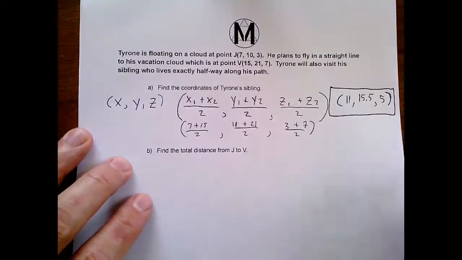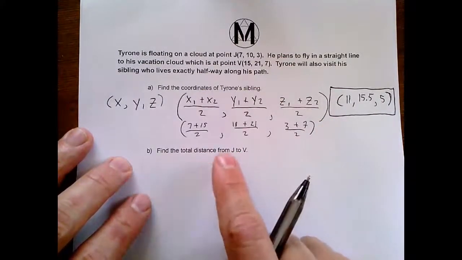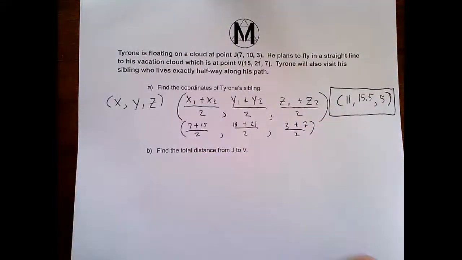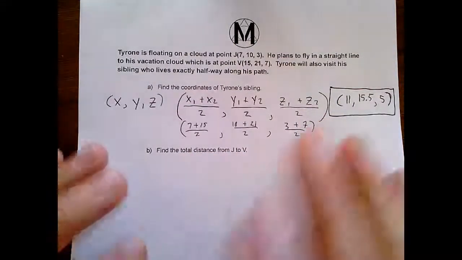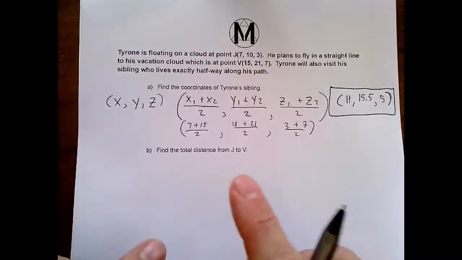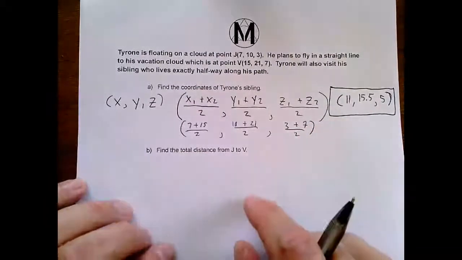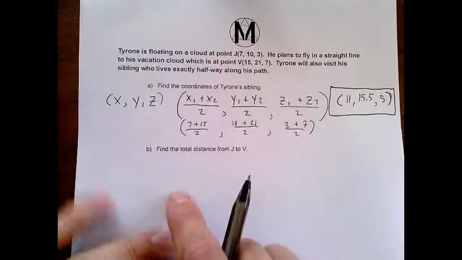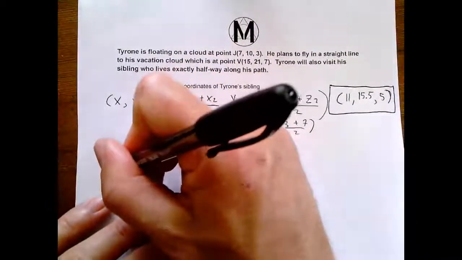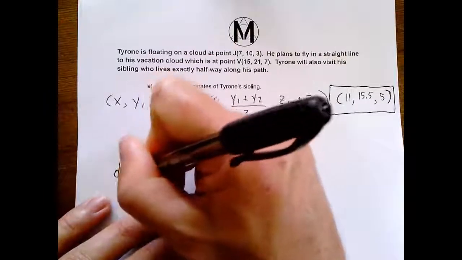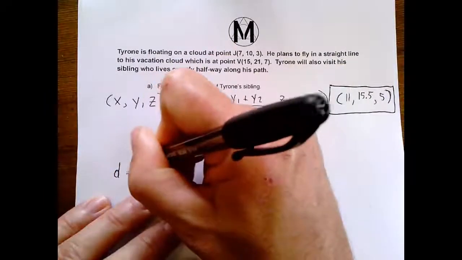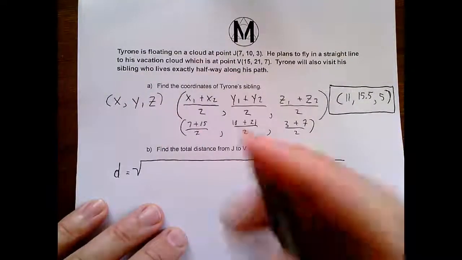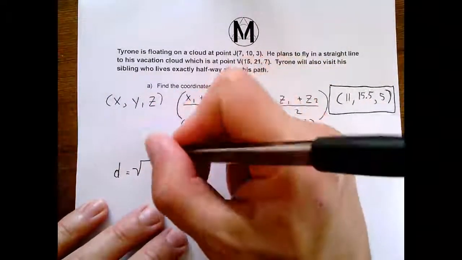Okay. The next part says, well, what's the total distance from J to V? Okay, so the way you solve this is you actually just extend the 2D distance formula. You extend that and you use the 3D distance formula. And the 3D distance formula is just this right here. The distance is, let me draw this big thing. It's going to be a little long at first, but it's no big deal. So the distance is, it's just